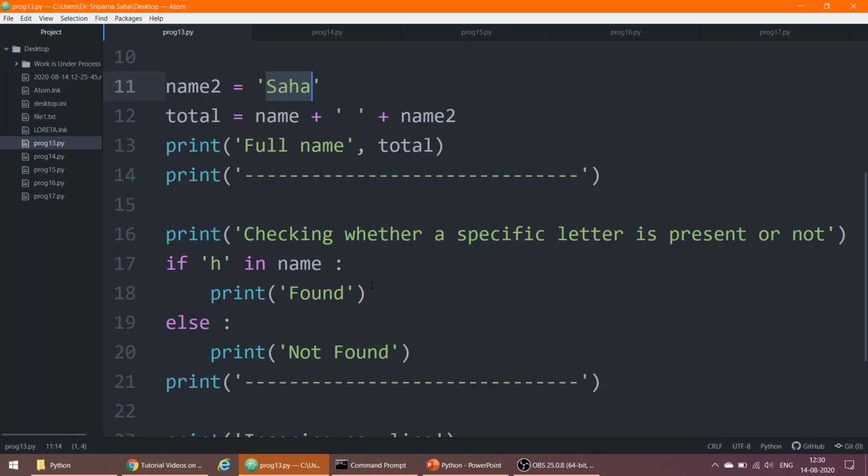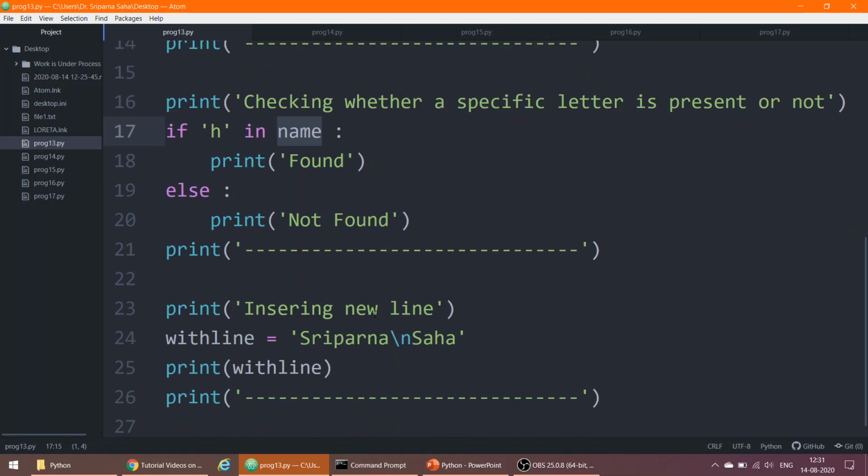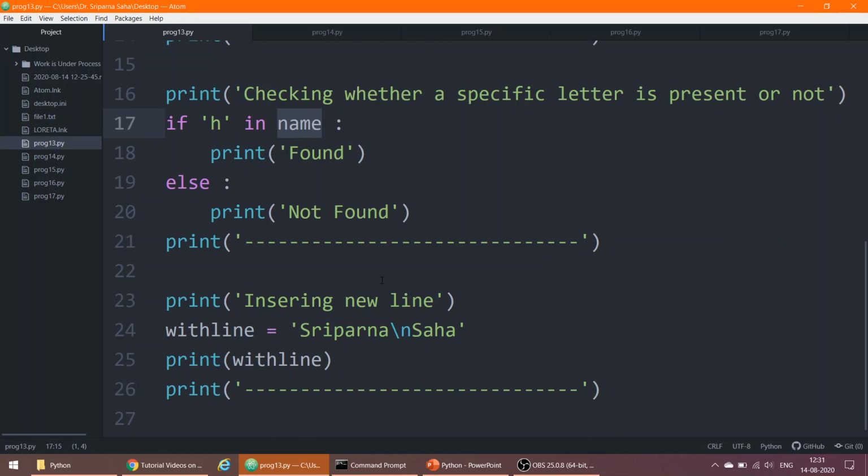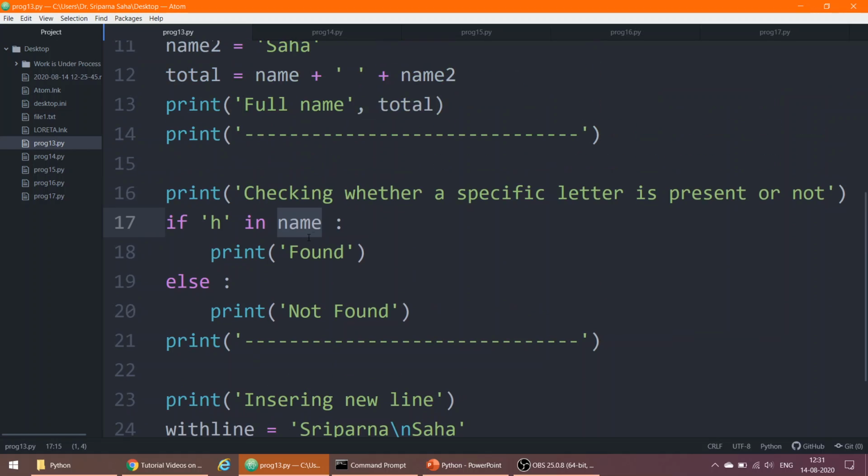But for the initial case, this variable is name where the string is Sriparna. So H is not found over here. So the else statement will be executed and print will be not found. Now, these are the strings that contain Sriparna Saha, and the total name has been printed by this